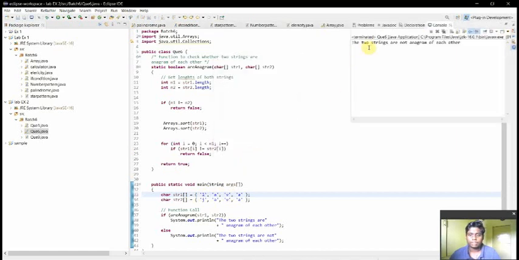Here you can see that the two strings are not anagrams of each other, because here string 1 is not equal to string 2, since the letter is changed. Hence we satisfied the sixth question.